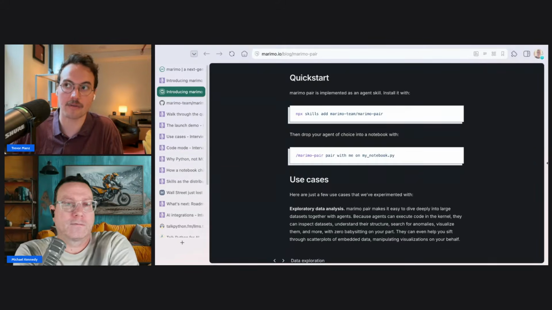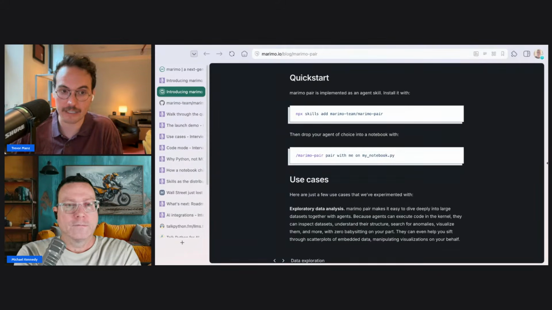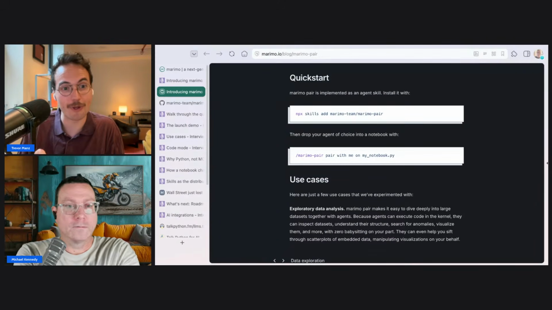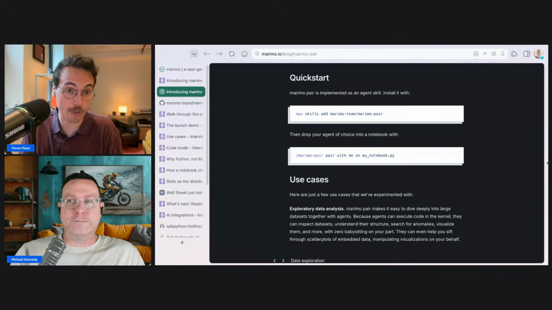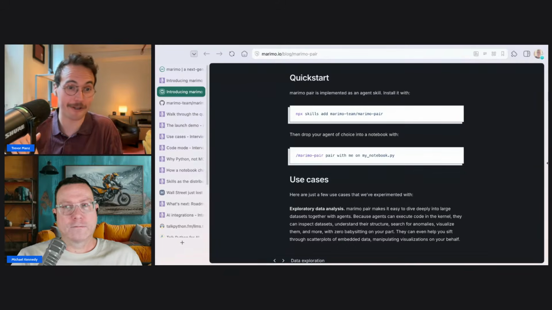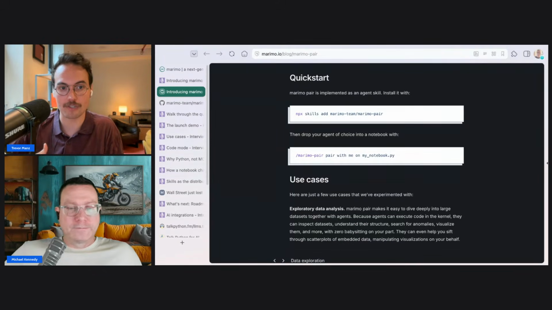So behind the scenes, how the tool call works inside of Marimo, it's a bash script that's called execute code. That allows you to swap in a URL, whether that's on localhost or something remotely, with some authentication. And therefore, you can connect your local Claude to some remote Marimo kernel as well. And then you have a sandbox that's not running on your machine at all, but somewhere in the cloud. But you're driving that from your local machine.